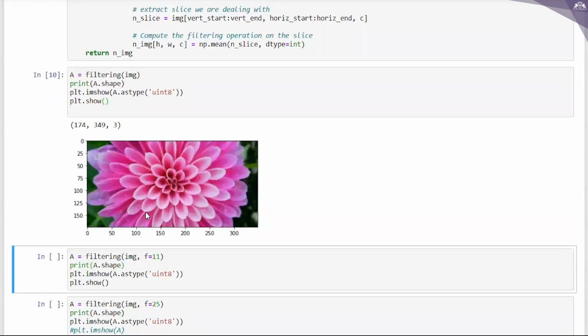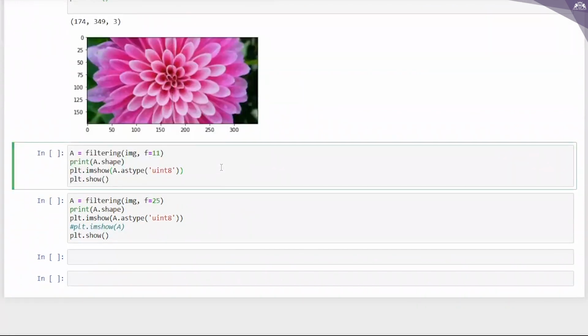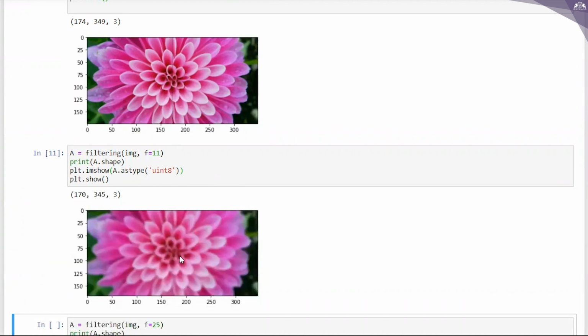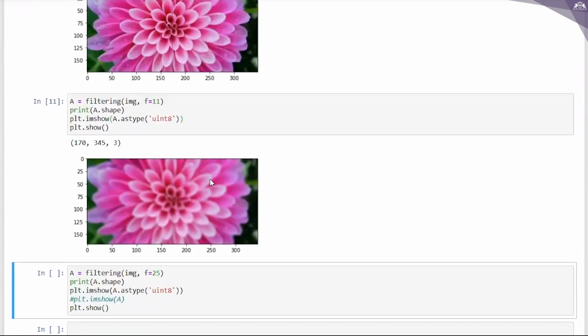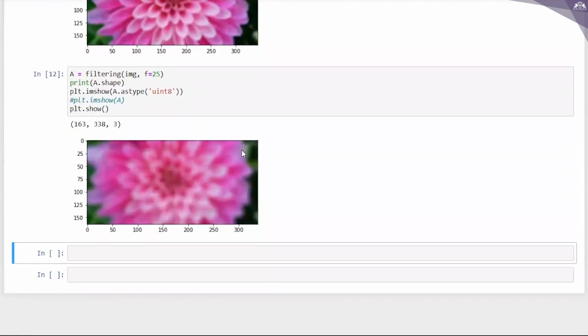So what is the output over here? It is just doing some filtering of the image. Now I'm changing it to f equal to 11. Let us see what is happening over here. What change can you figure out? You could see that the image appears blurry, so a little smoothing is happening. We are doing simple filtering so that a little smoothing happens. Let me change it to f equal to 25 and see the output. Now it looks too blurry.